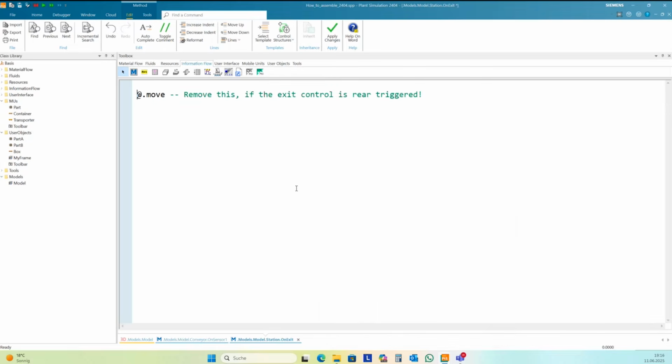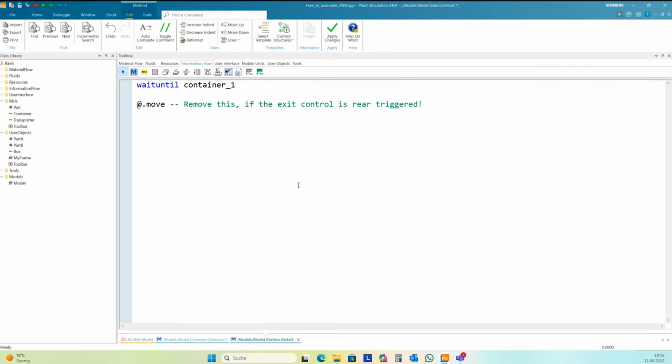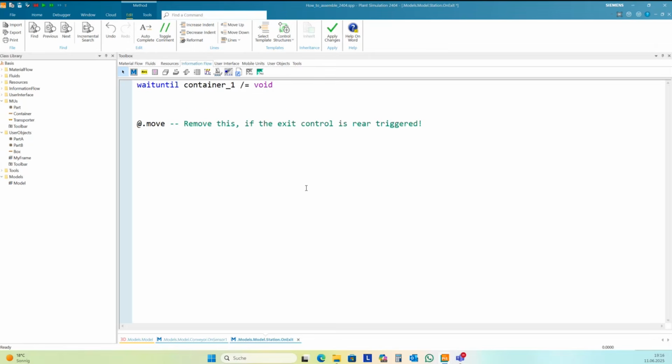And the first step is I need to wait until container 1 is not void anymore. And then I move the part into the container.